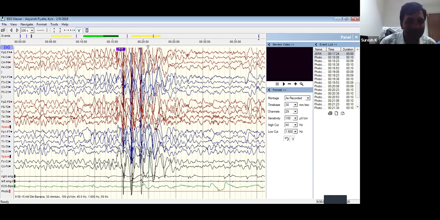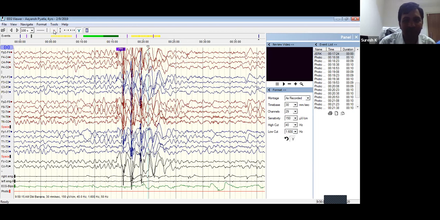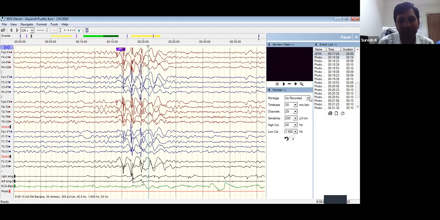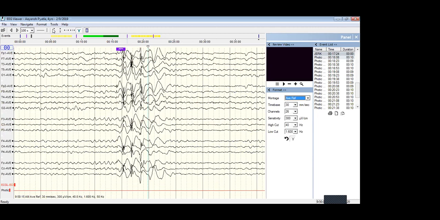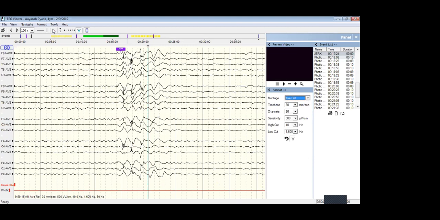So this is the EEG of the child, and I am reducing the amplitude. Now you can see. This is a bipolar montage, and changing to average. Okay, you are seeing something now? Sir, this is a long average differential montage with sensitivity at 500 microvolt per centimeter, high cut filter at 40 hertz and low cut filter at 1.6 hertz. Here the background is normal, and there are 3 to 4 hertz spike wave discharges seen in the 5th second of this epoch,